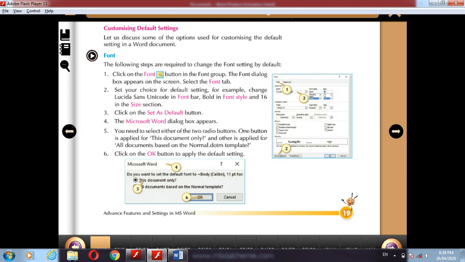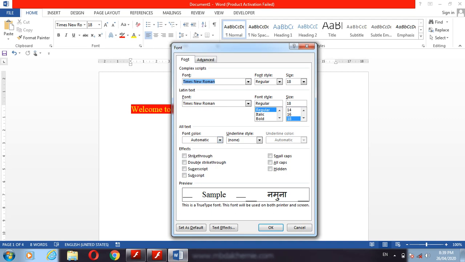See, Lucida Sans Unicode in font bar. We can change the Lucida. Where is the font bar? These are some font styles here.